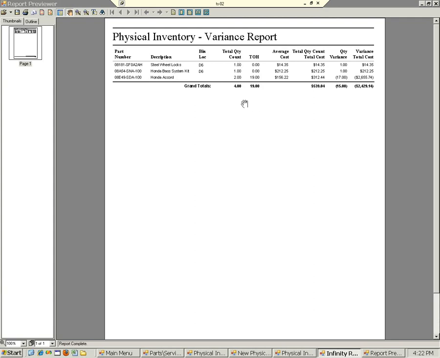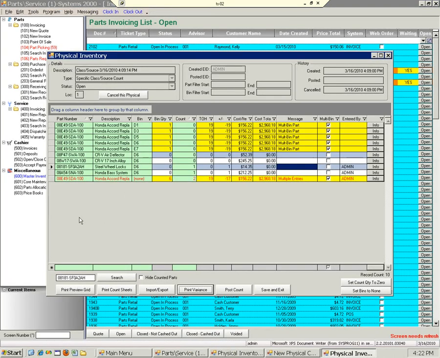So now I can see my variance. Looks like we lost $2,400. I would want to go ahead and print that out and give it to my controller. Now we could go ahead and post our inventory